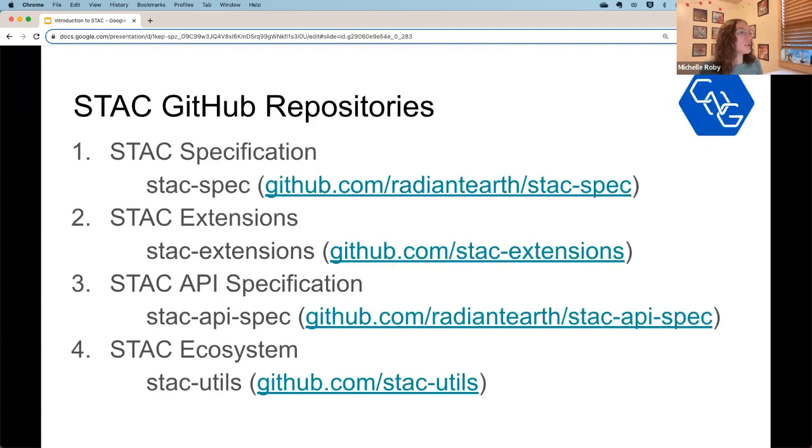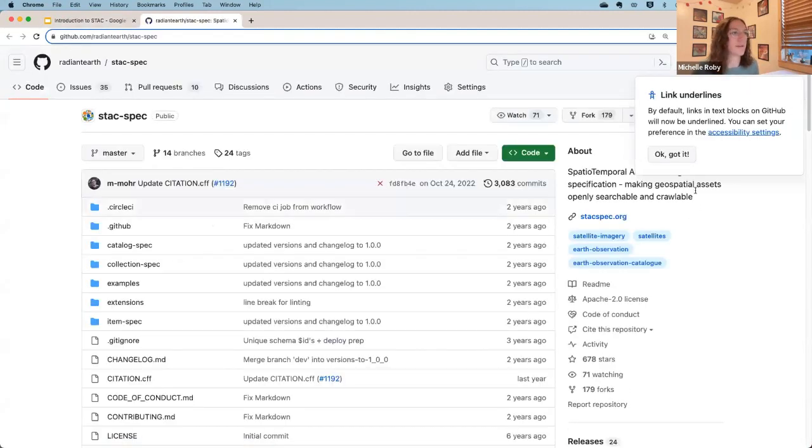Okay, so the way I organized this, as I mentioned earlier, is I have a lot of links and basic explanations. Here on this slide, I have the STAC GitHub repositories. If you're familiar with GitHub, it's a site where software is hosted, basically the open source space for that. We'll go to a few GitHub pages today. We can actually just go to this one really quick right now, assuming you can still see my screen.